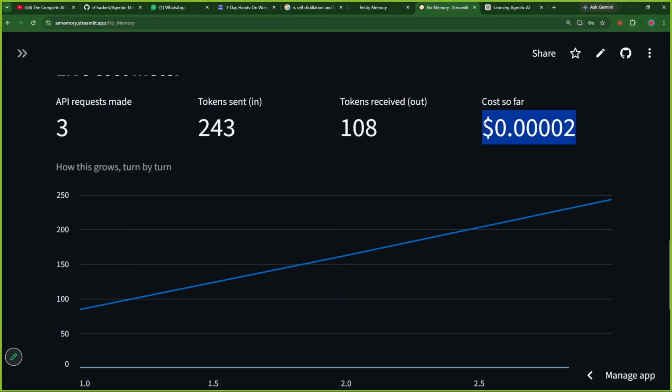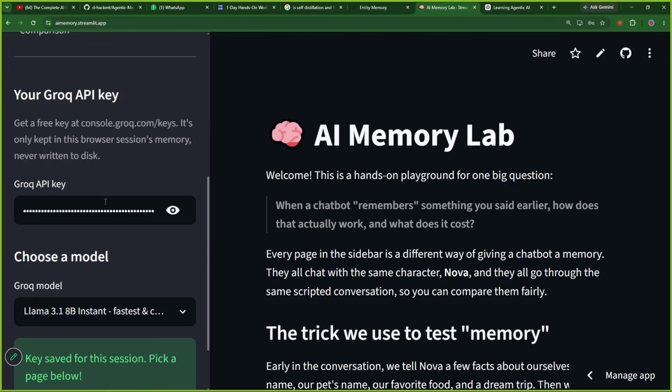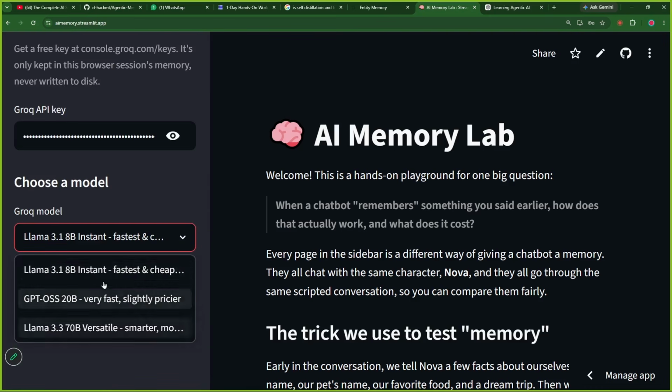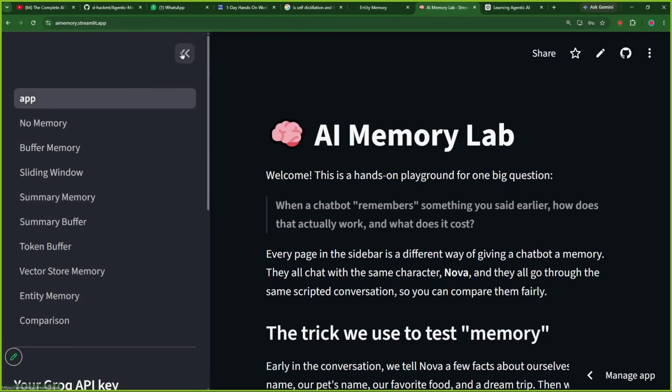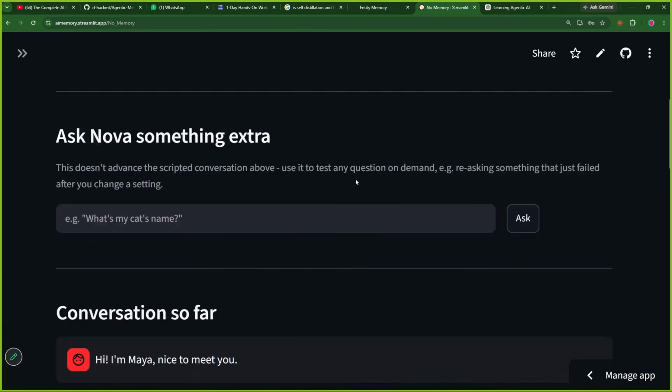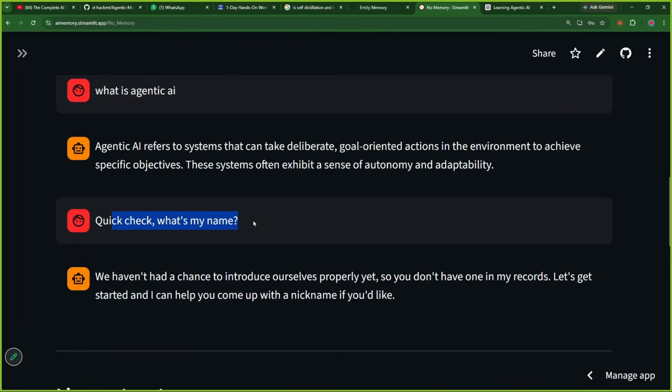Now the cost is really down because we are using a free API, which is Groq. So internally, when you are configuring your app, you have to enter the Groq API. And here you can also change the models to see the cost of the models. Different models will have different costs. We will see all of that, but I hope you understand that because there is no memory concept, it is not able to get a follow up question.